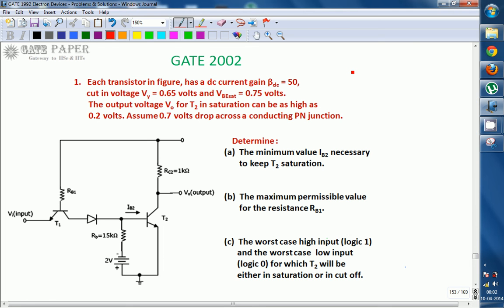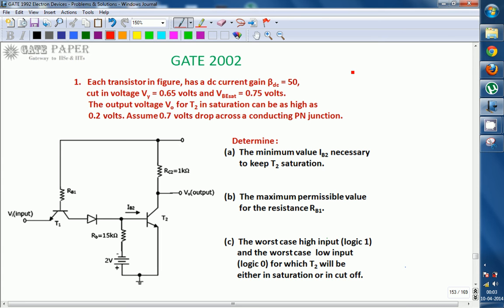We are discussing the GATE 2002 ECE paper, and this question is related to electronics. Look at the circuit diagram. Each transistor in the figure has a DC current gain of 50, that is beta DC is 50, cut-in voltage